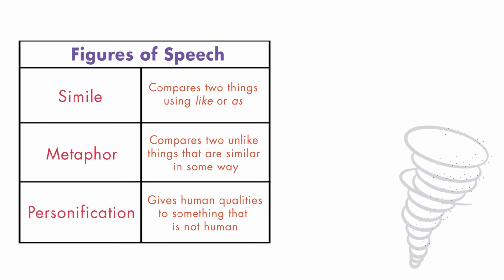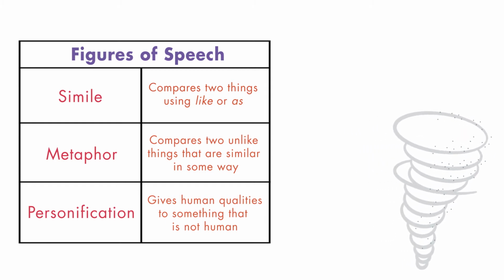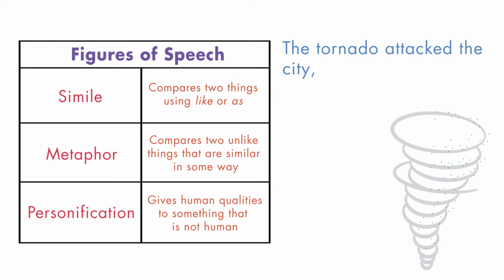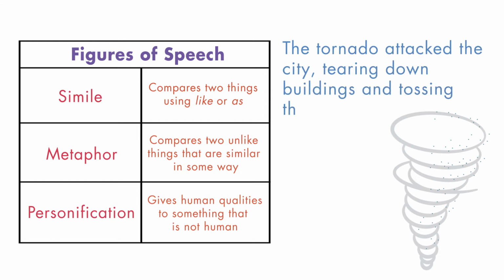Personification is another figure of speech. It gives human qualities to something that is not human. A tornado can cause a lot of damage to a city. We can use personification to make a tornado seem human. The tornado attacked the city, tearing down buildings and tossing them around. A tornado doesn't really attack, but when we use this personification, it is easier to picture the strength of the